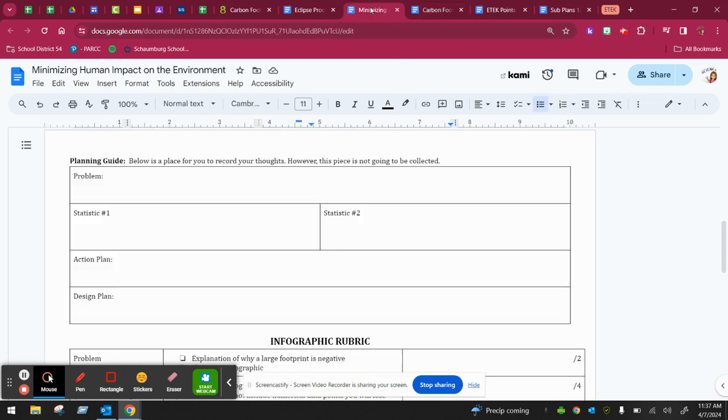Once you have that half sheet of paper, you're going to then select one of the things that you're specifically going to focus on. I keep going to the livestock quantity, but a specific thing that you are doing, that's your problem. What is it that you are doing that's contributing to the carbon in our atmosphere? You're going to research and